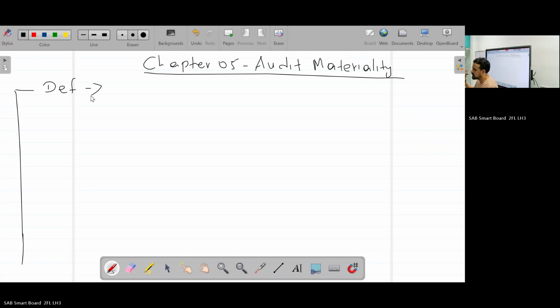Answer is no. Clear cut answer, no. It will be varied. Why? In layman's language, we can say materiality is of significant importance to the person. So, as I have explained previously,